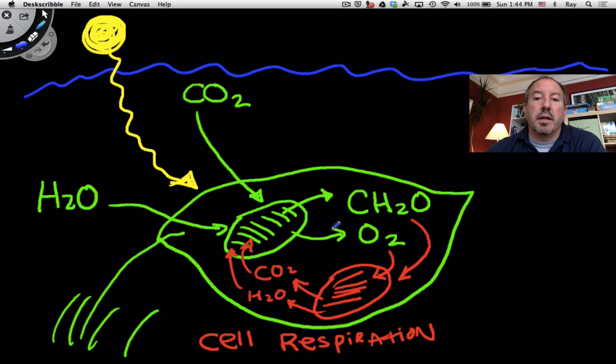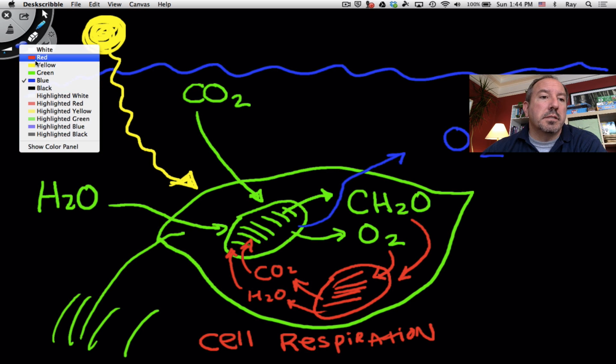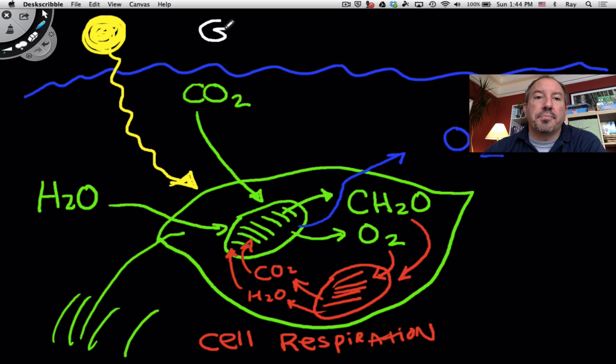So check this out. The leftover oxygen diffuses out and is in the water. And so this is leftover minus respiration. And so if you were to calculate this, let's go white up here. So we could say that plants' gross primary productivity, in other words, the total amount of carbohydrate and oxygen produced,